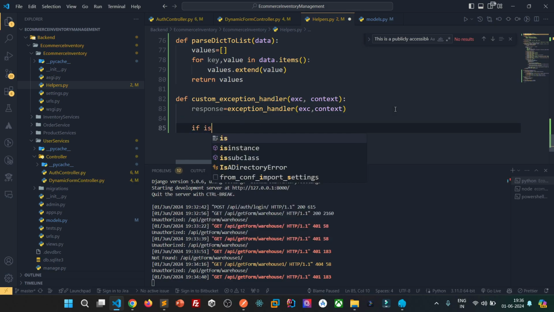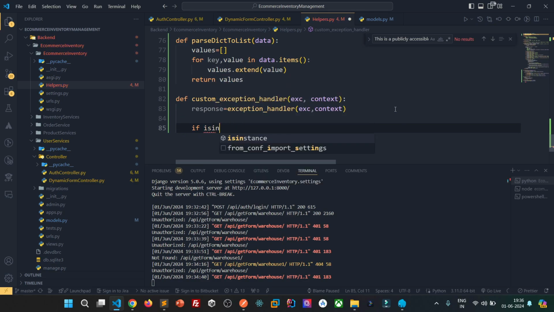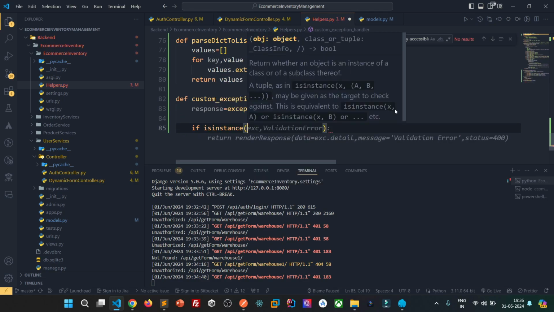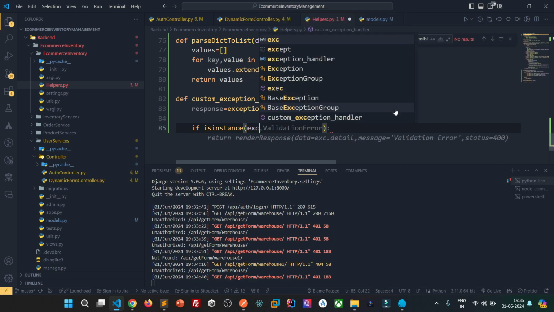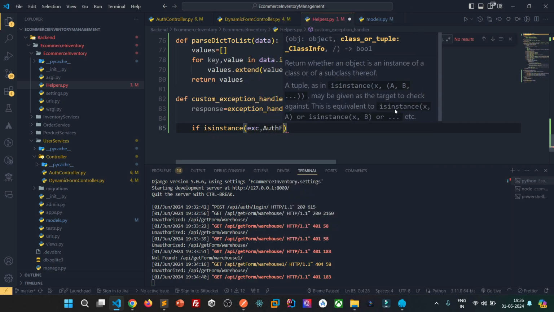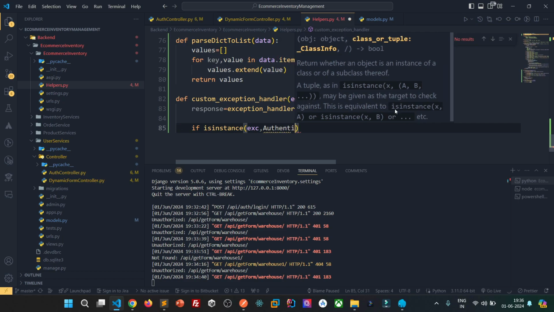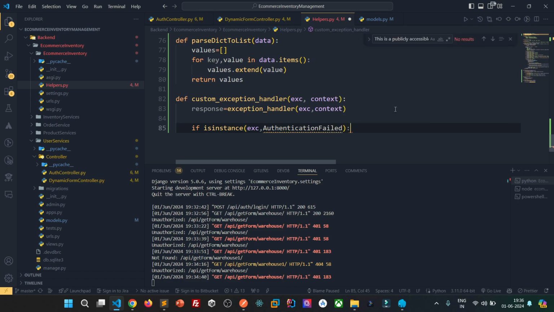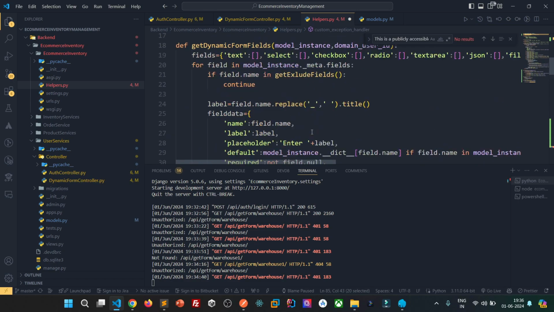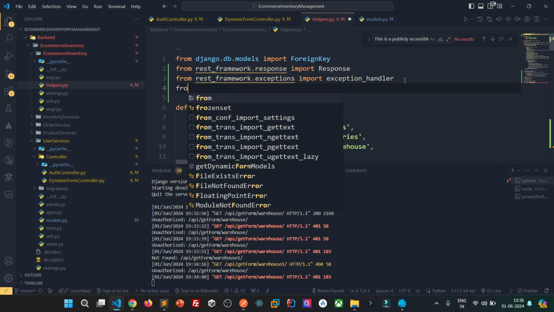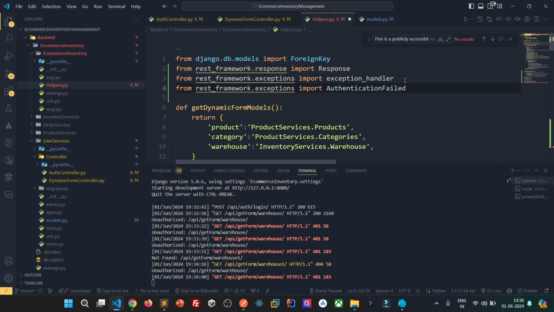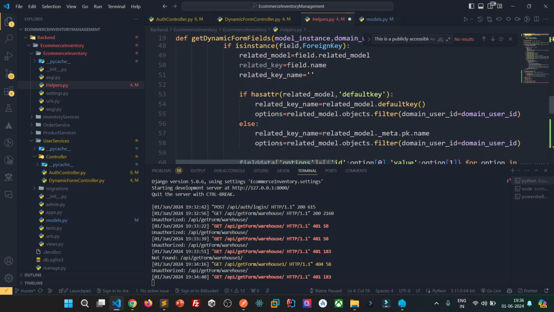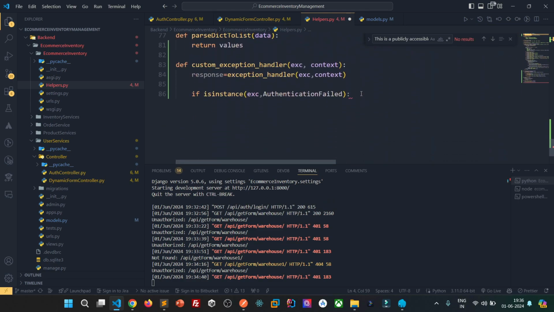Now after that, what I can do, if isinstance of exception, AuthenticationFailed. Let's import this also. So from REST framework exception, AuthenticationFailed. If this is the class or this is the instance, so response